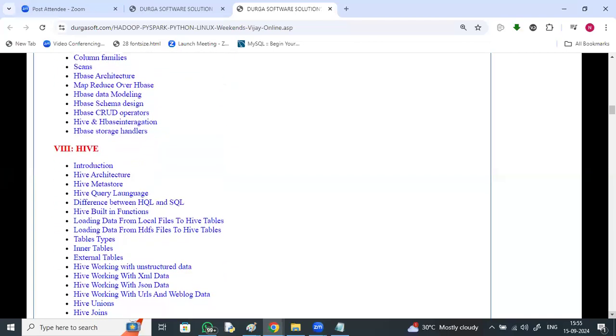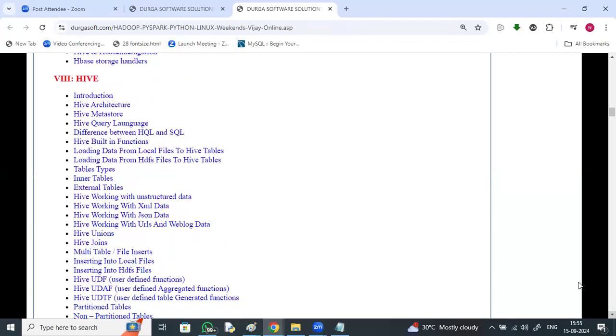Hive is one of the important components of Hadoop. If you have knowledge of Hive, there are jobs available on Hive components. It looks similar to SQL; we have HQL, Hive Query Language.